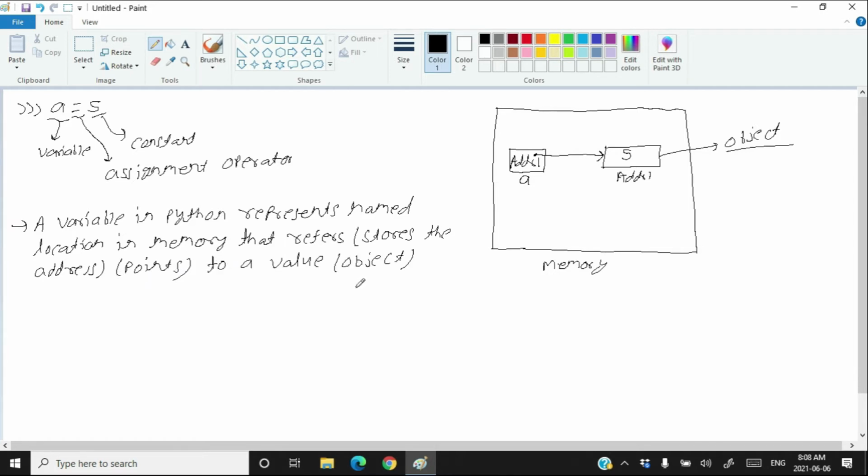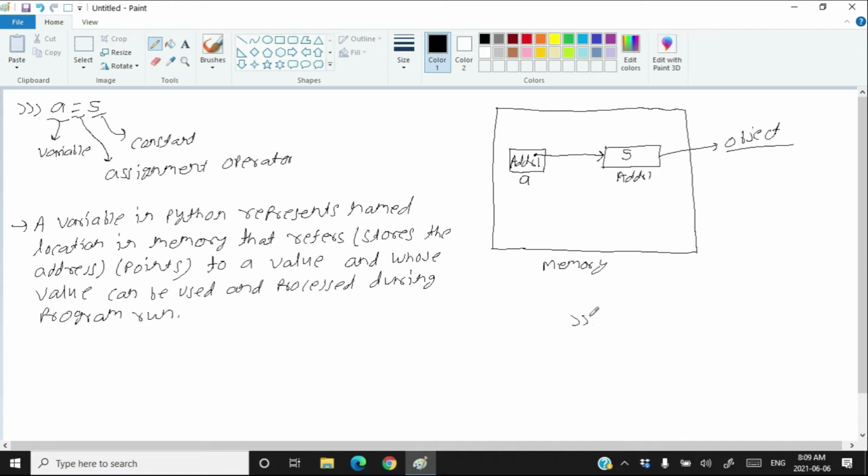The memory allocated for the value is also called object, and whose value can be used and processed during program run. That means if I write here b is equal to a multiplied by 5, the value whose address is stored by a can be used during the program run.